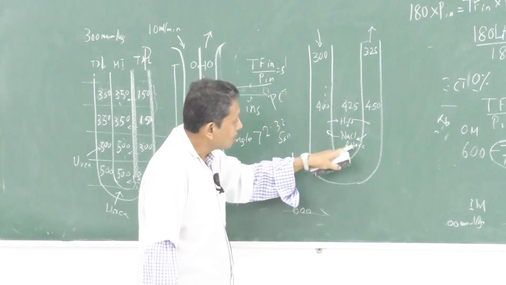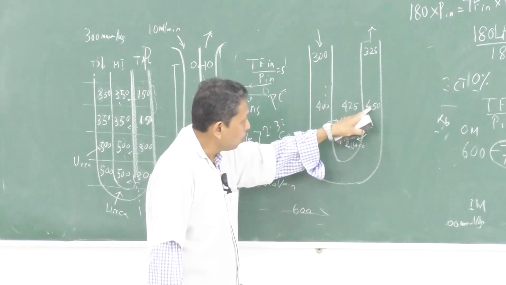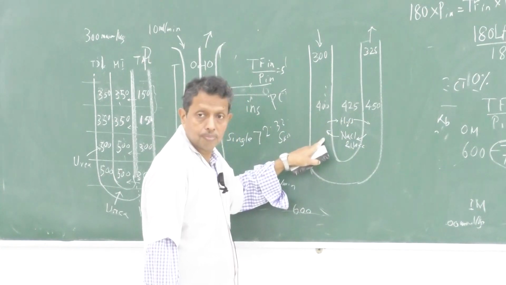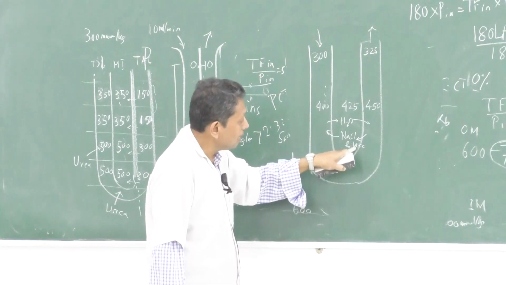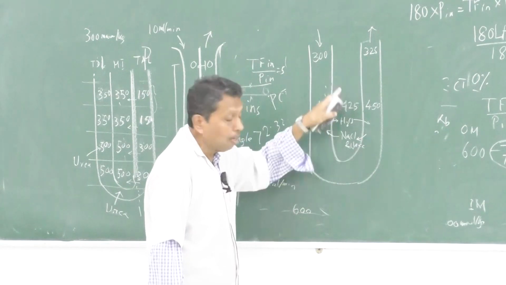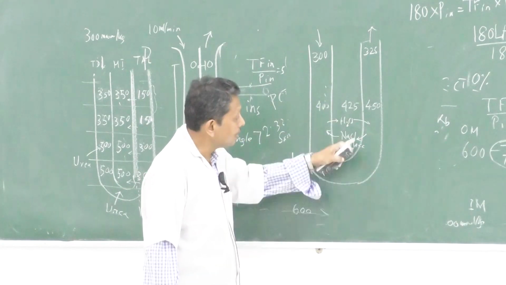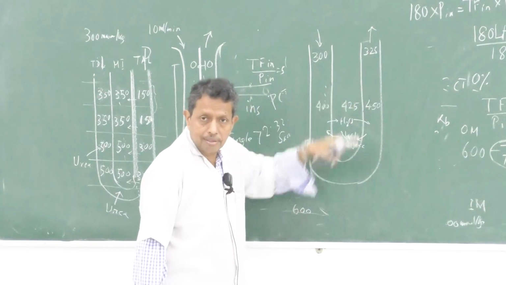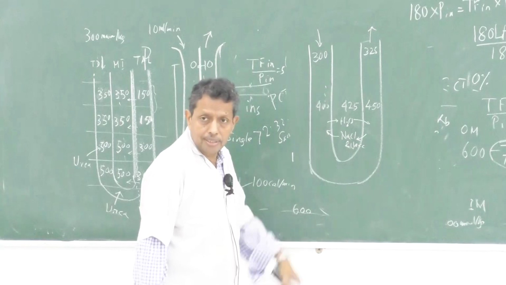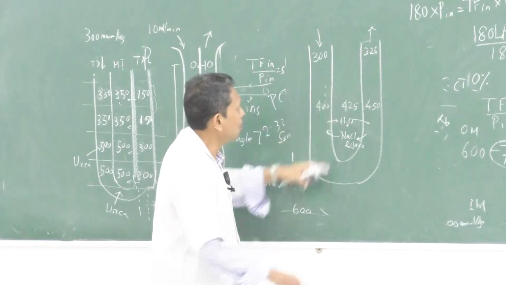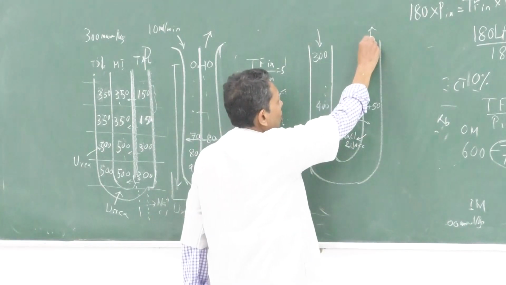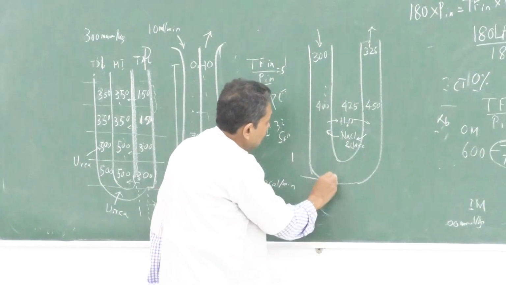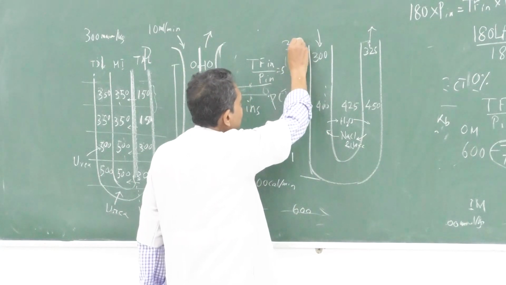vasa recta, and sodium chloride and urea, as 450 is more, there is diffusion of this. The diffusion capacity is more as this limb is fenestrated, so some of the electrolytes and urea are reabsorbed along with the water, so the flow through this is to some extent more than this, whatever it may be. And in this way, suppose it is 300 in the cortex,